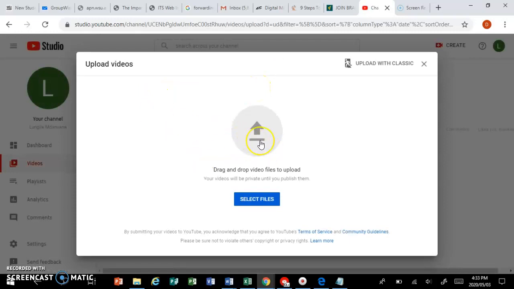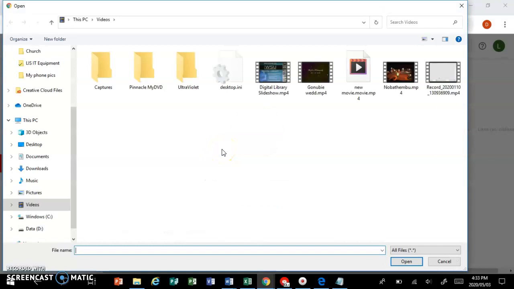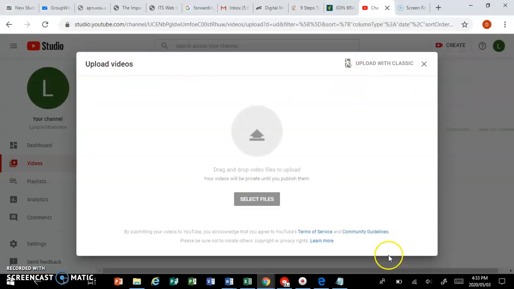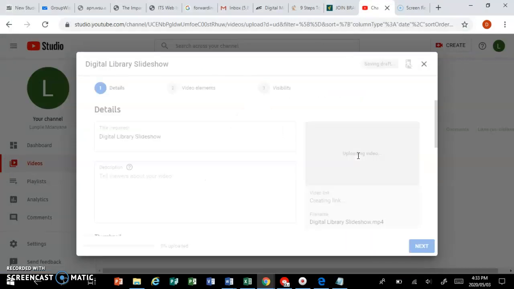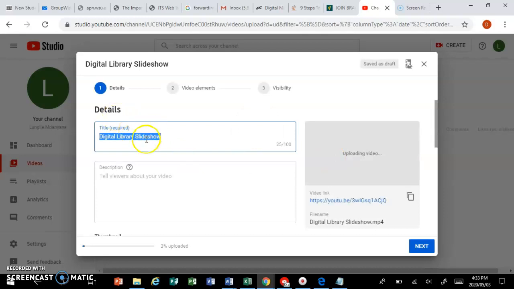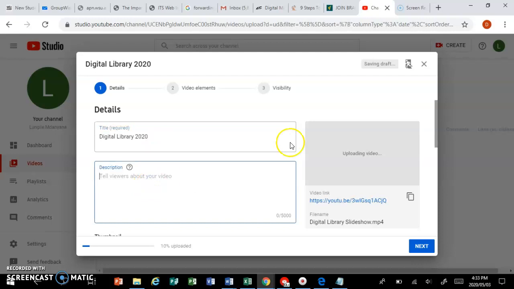you then select the video from your laptop or from your phone. You click select, or you can even drag and drop the file, and then you click on the file that you want to upload, and then you click open. After you have clicked on open, the title of the file will appear here, so you can edit the title. Let me say digital library 2020. I'm just making an example, and then you can type the description of the video,